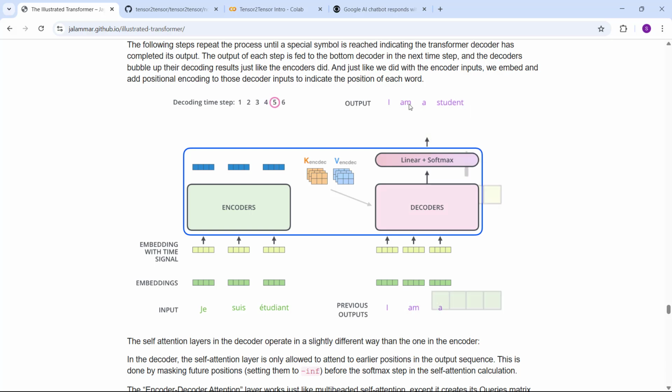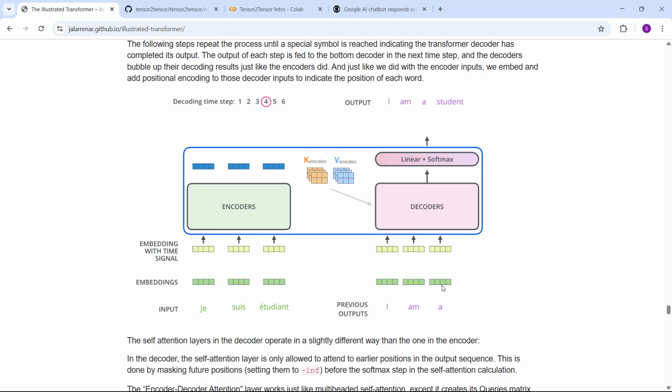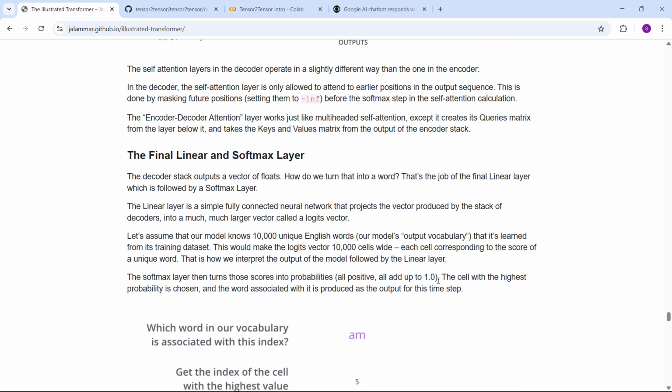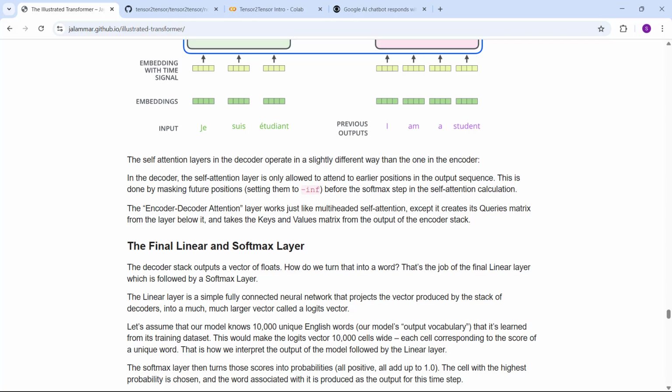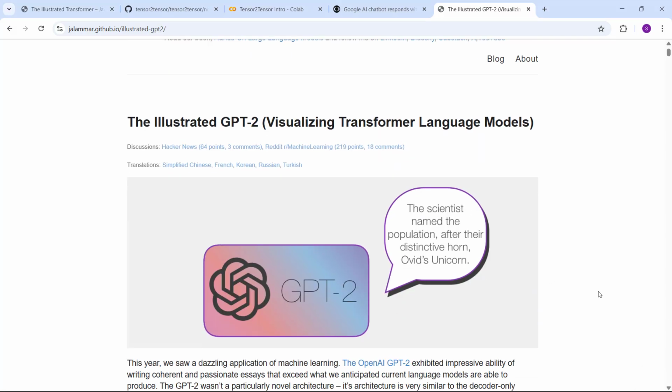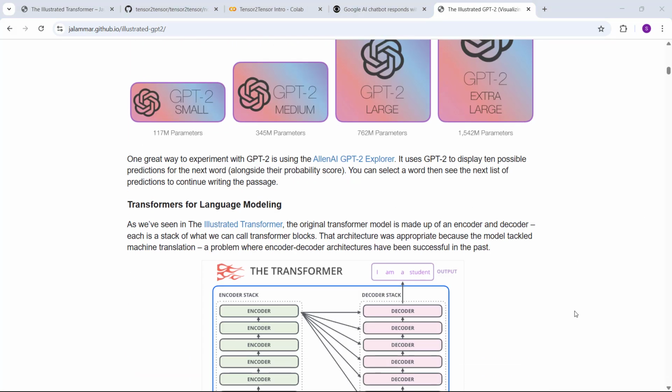Remember, only one word at a time, right? It's actually one token at a time it is trying to predict, not the entire sequence in one go, right? So far we saw an example of the encoder-decoder transformer architecture with a language translation example. Now I have another article that shows only the decoder model. So let me take you here so we can see only the decoder part of it, right?